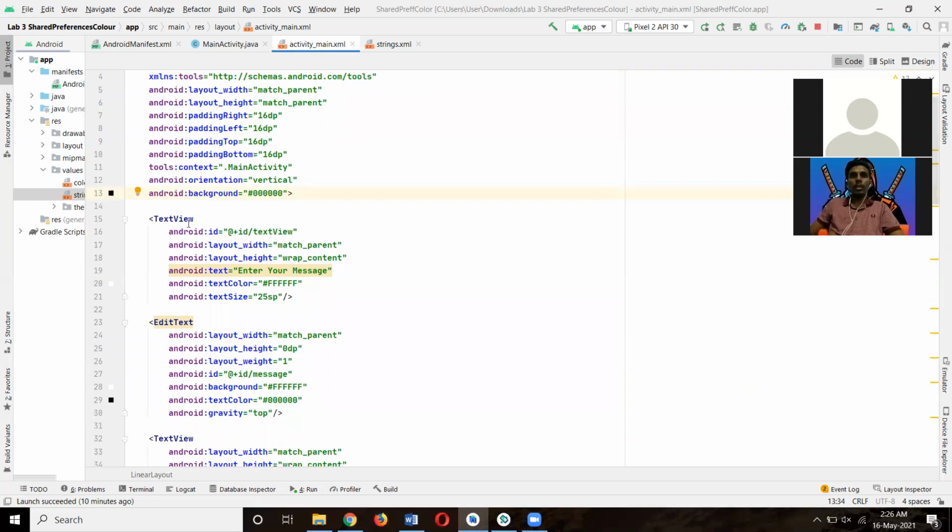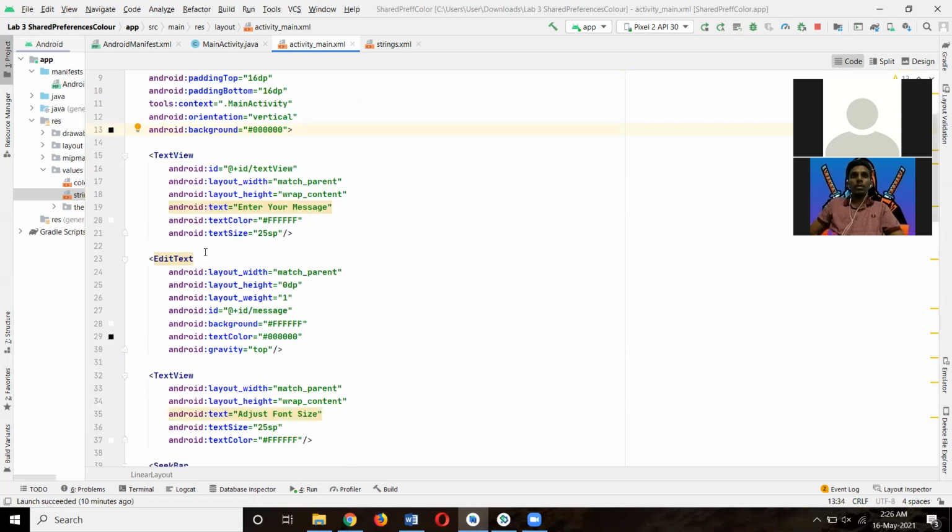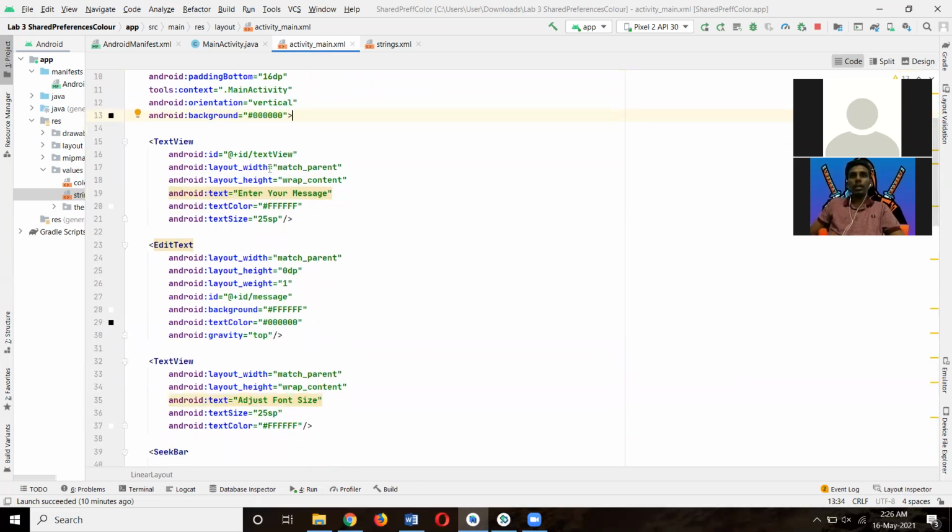For the text view of "Enter your message", the text is "Enter your message", the text color is this code, the text size is 25 sp, and the id is text view.